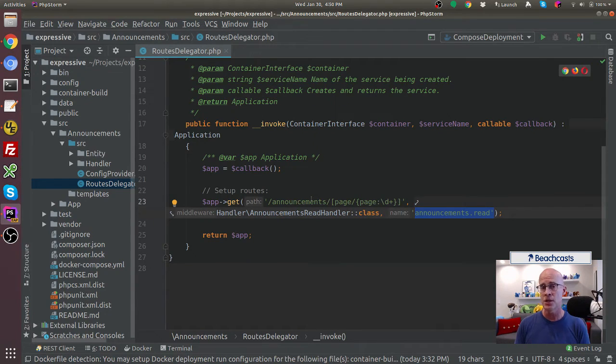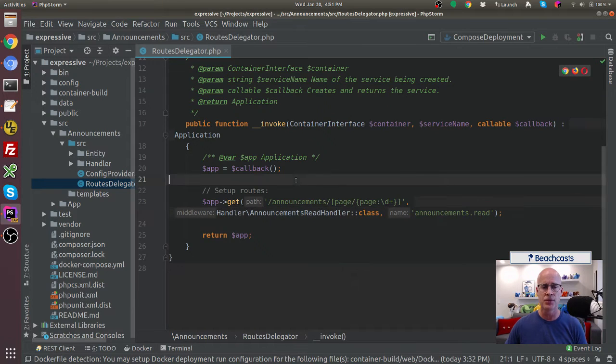Now, one thing to note is, as you're specifying these routes, that third argument needs to be different for every single route. You can't use the same name for multiple routes. Otherwise, if you wanted to use those names, it would be confusing. Well, you wouldn't be able to, because the router would throw an error and say there's two routes named the same, and you can't have that. So to create these routes,